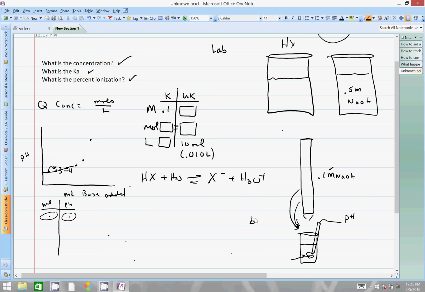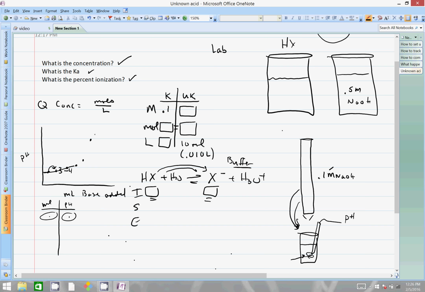We have some initial amount of this, stoichiometric ratio, and I have some of this. Initially, I have all of this, and then eventually, as I neutralize, I am kicking over to this stuff, and I have some of each. As long as I have some of each of these, I am considered a buffer, and I will hold my pH relatively constant. But eventually, we run out of HX, because all of it gets moved over to here,